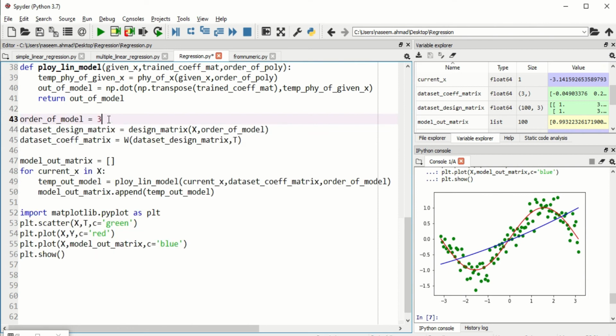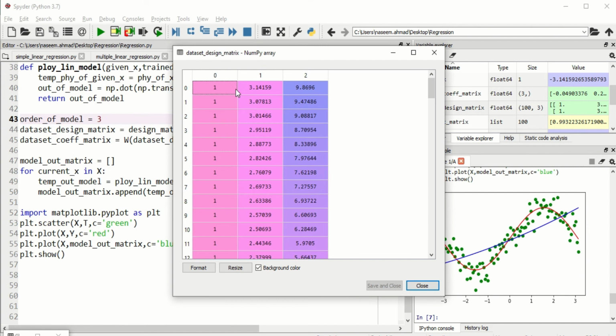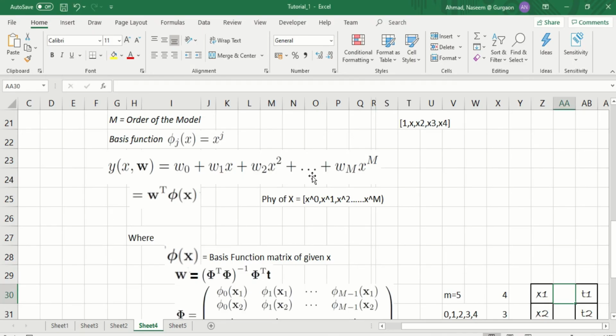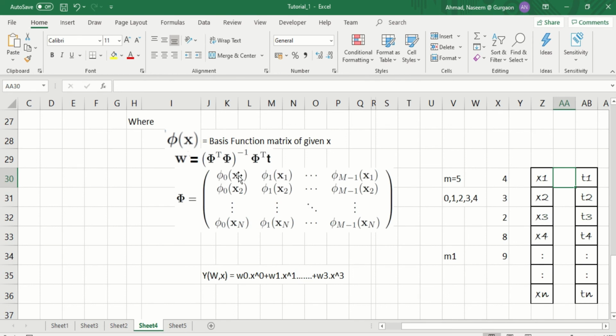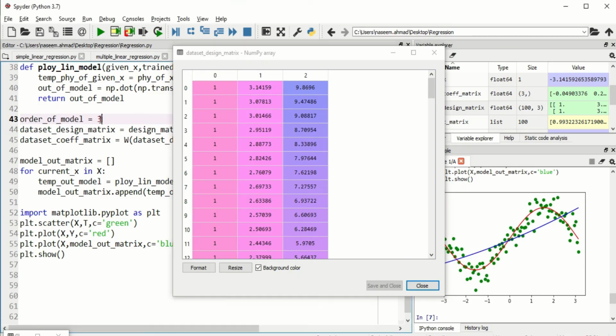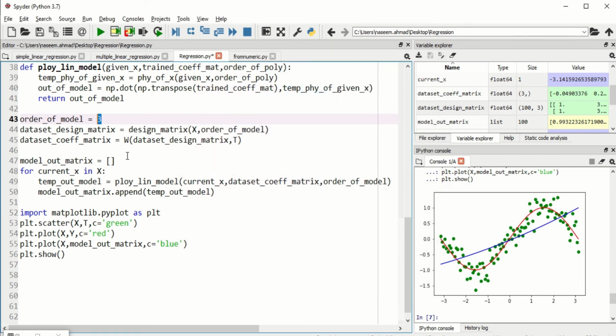If we see the design matrix of the data set, as we are increasing the order, the columns of the design matrix are also increasing. For x raised to the power 0, x raised to the power 1, up to x raised to the power m minus 1. So for 3 we have 3 different columns. As you can see, the model is 3, and again we have 3 different columns. So the model is perfectly fine.